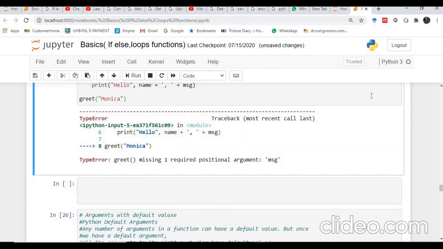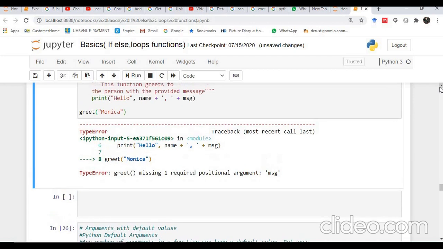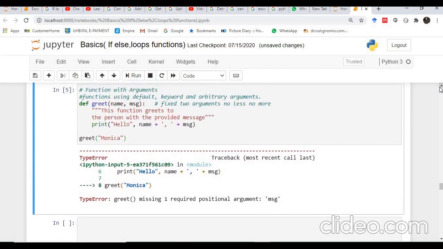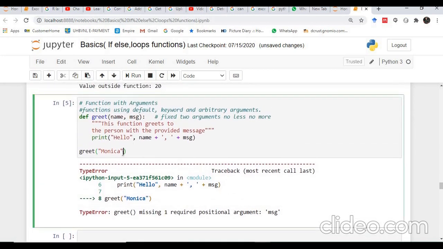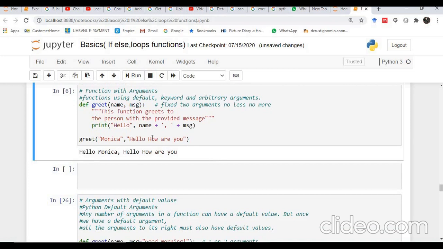See, when we try to execute this function with a single argument, we get a runtime issue. But when we call this function with two arguments, it should succeed. Now the two arguments are there, and we are able to do things as expected.